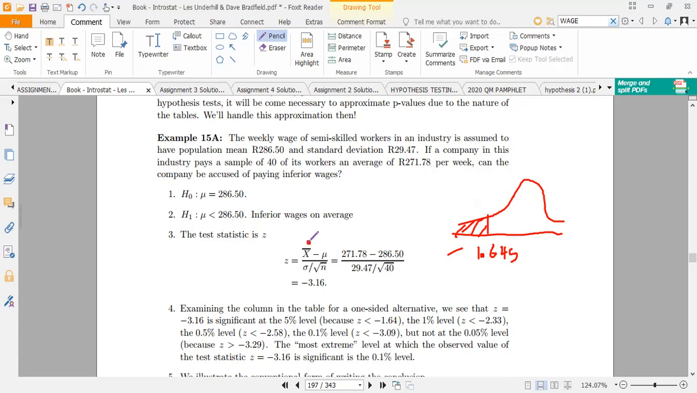When this X bar is less than the mu, the answer we're obviously going to get is a negative here. That's the rationale behind that. So we're going to get a negative in the fact that this